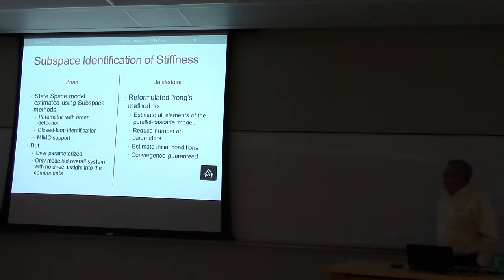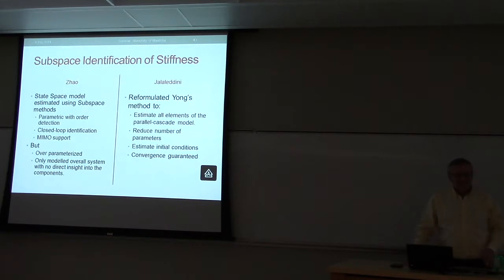Now, what Yang Zhao did is he basically did this formulation and demonstrated that we could actually estimate the parameters well using a state-space method called the subspace method. And this subspace method has the advantage that it actually determines the order of the model of each pathway. It can be used in closed loop, and it has multiple input, multiple output support built in. And he showed with this work that he could, in fact, describe the input-output behavior very well. He had a model that worked very well. The difficulty was, with his formulation, it was over-parameterized, which made it very difficult to go from his model to an understanding of what the individual